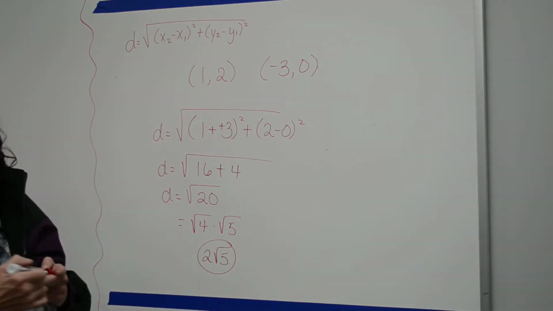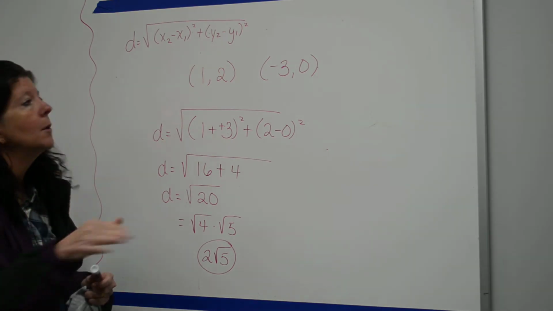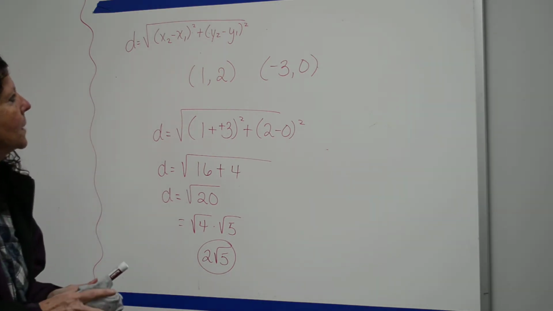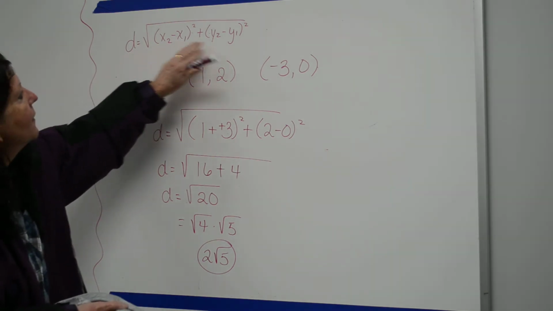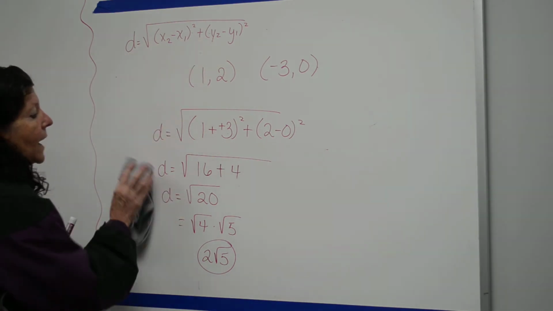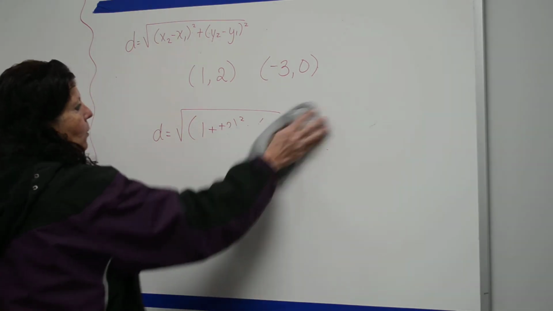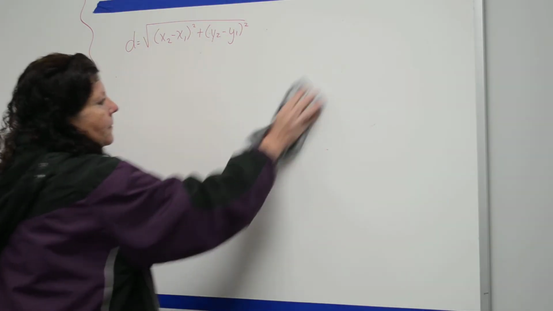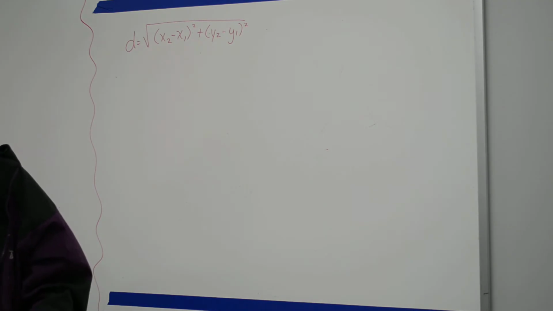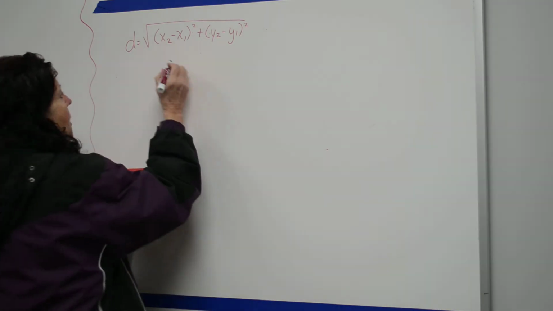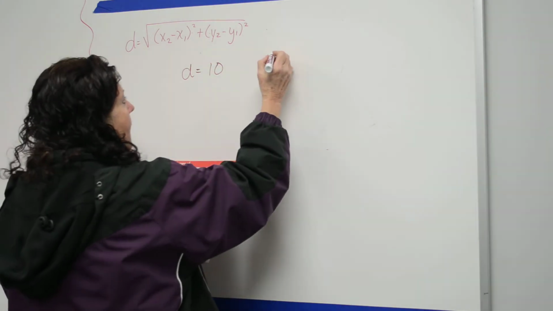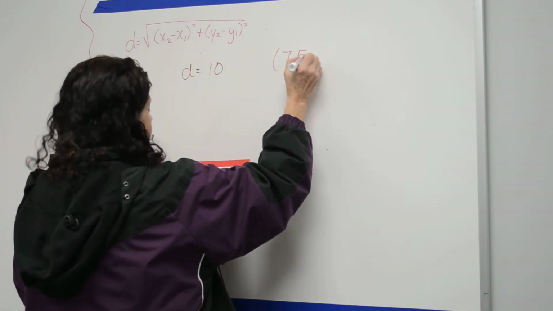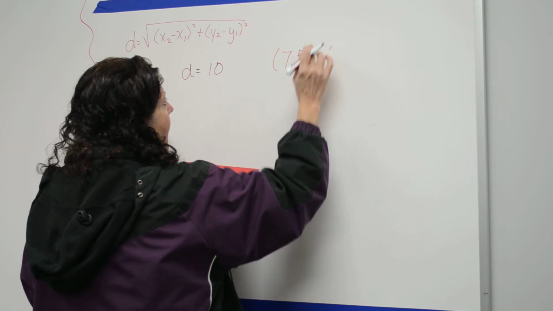All right, going on to a different type of problem, still using the distance formula. Sometimes they'll give you a distance and they'll leave out either an x or a y value, so you have to work backwards. An example of that might be, you know that the distance is 10 and your points are (7, 5) and (A,